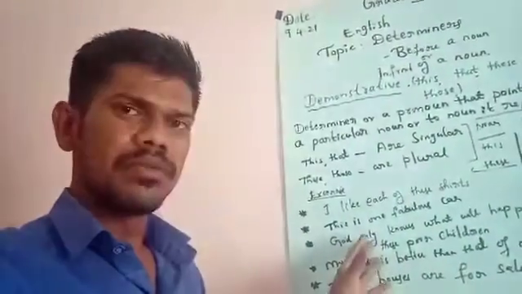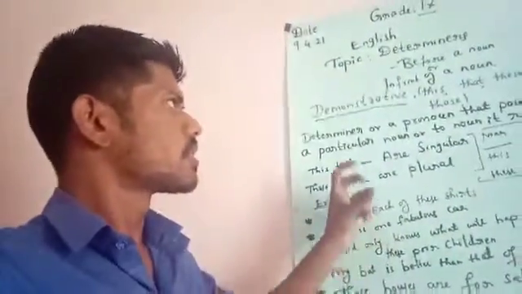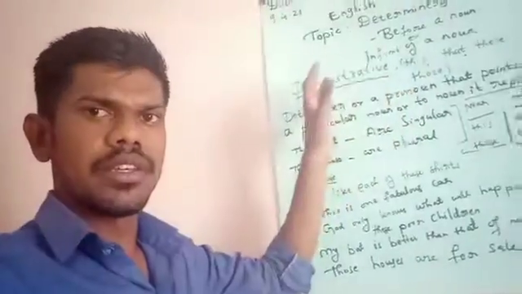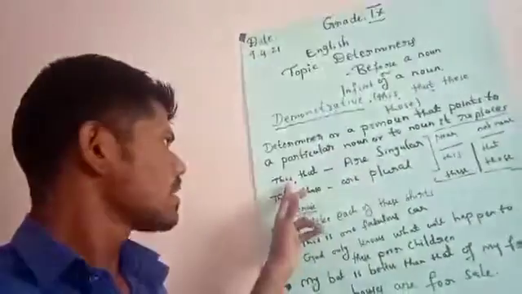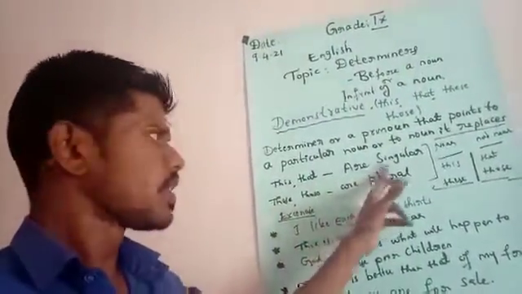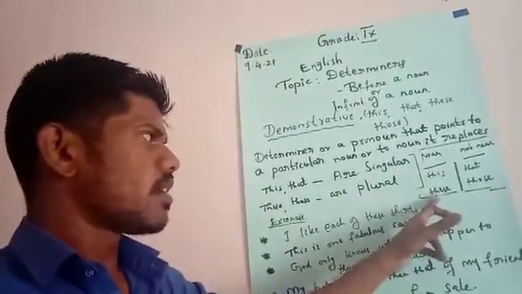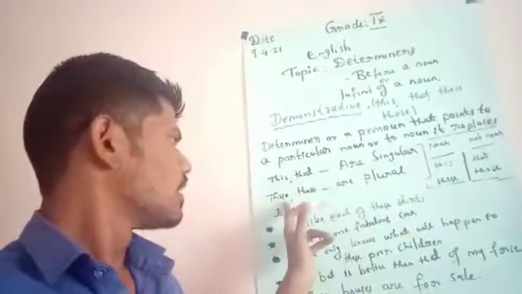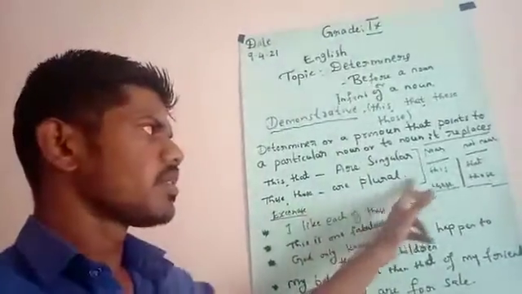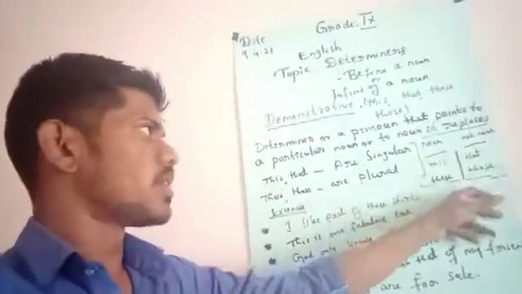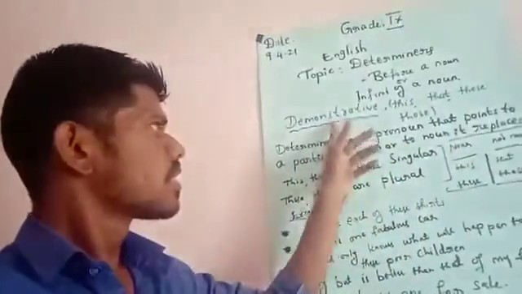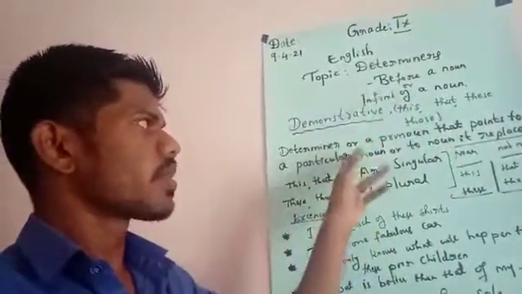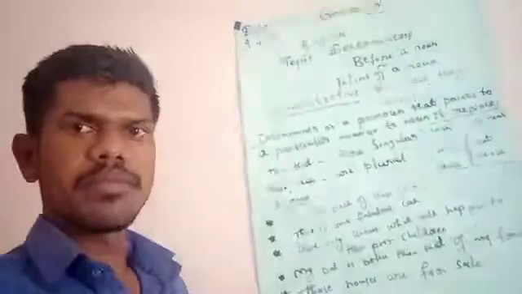So this is a brief introduction about demonstrative determiners. Keep in your mind, this and that are singular forms. This and these are used when you're talking about things or nouns which are near to us. And that and those are used for things which are not near to us, these and those being the plural forms. So these are the demonstrative determiners, or we can say demonstrative pronouns.